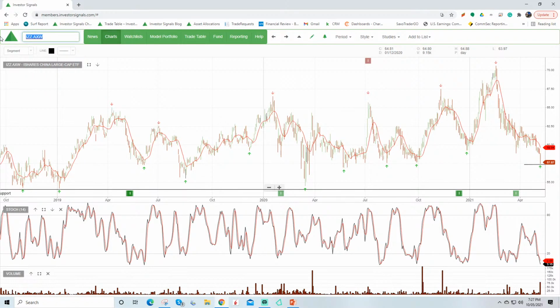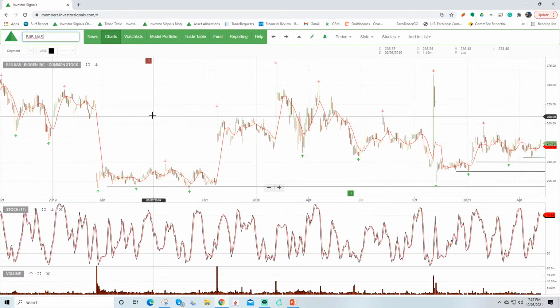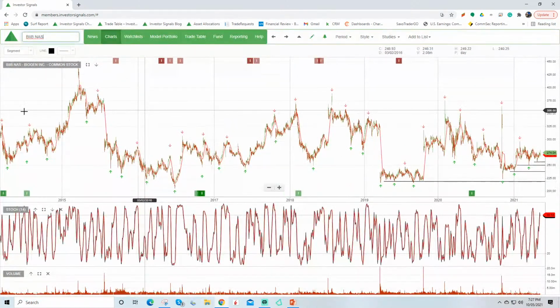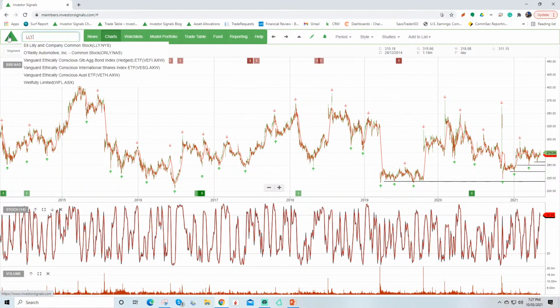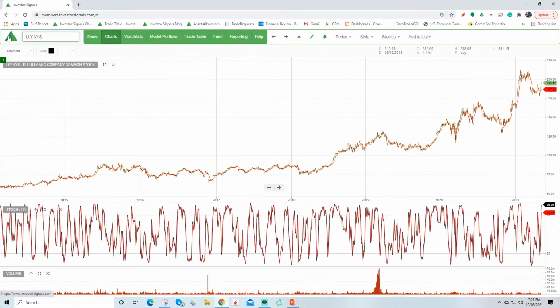Maybe just to touch on a couple of US stocks if you're interested. I've been including this in the prior week, so just if you want to make a note of these and have a look at the charts in your own time. So Biogen we like, so we've built a position in this one. Eli Lilly we like, so we've increased our exposure here. And these are stocks that sit in our Class B US fund.